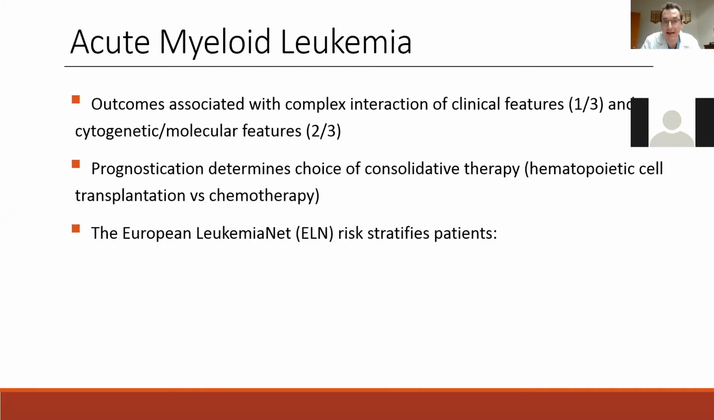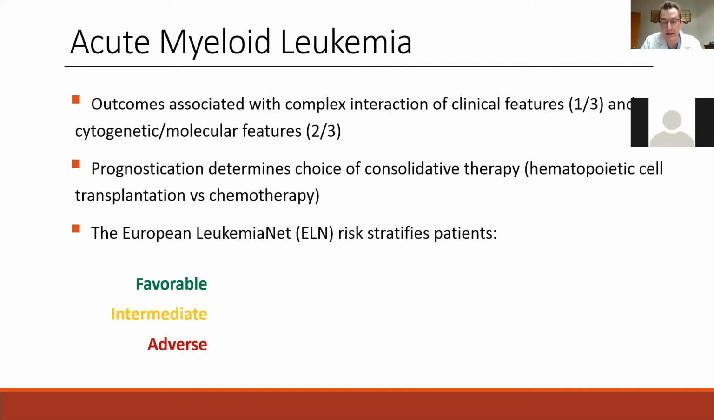All right, so importantly, the outcomes associated with AML are about 1/3 controlled by clinical features like age and sex and other things, and about 2/3 by cytogenetic and molecular features. Prognostication in AML determines the choice of consolidative therapy, whether we're talking about cell transplantation or chemotherapy. And to risk stratify these patients, we right now use the European LeukemiaNet, the ELN. This is the gold standard for determining if a patient should go for the bone marrow transplant or the chemotherapy route. And that's really determined by three different bins: favorable, intermediate, and adverse